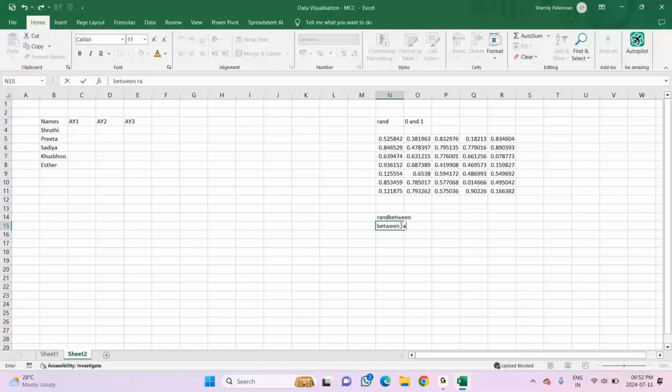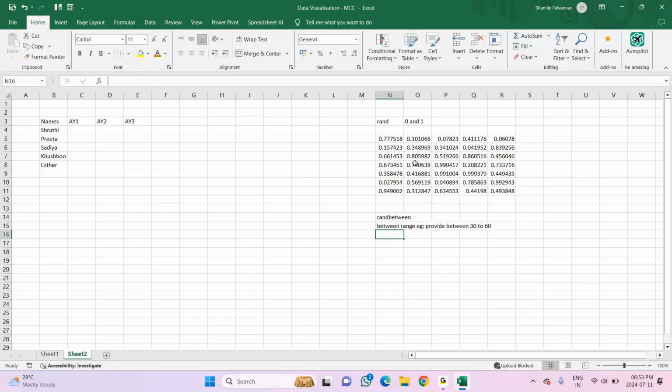Suppose I want a number between 30 to 60. So these numbers it will be providing, and whenever you keep pressing enter, these numbers will keep on changing.